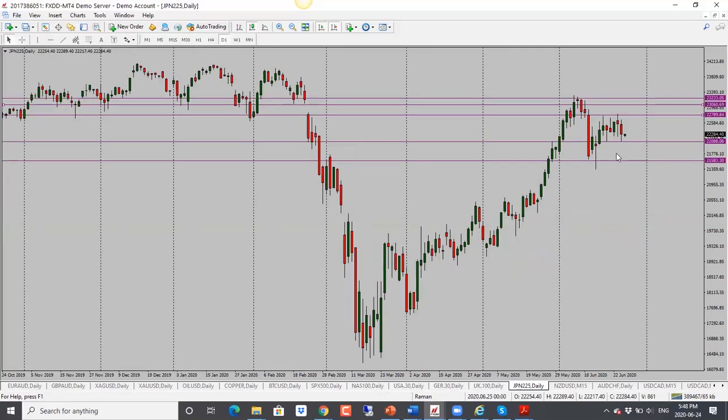And looking at our Nikkei here, Nikkei is still in the range. We do have a bearish candle close, so bias is bearish, but keep in mind, price has been trading in this range and it is not out of the range yet. So in this case, we need to see a drop. I'm looking for price to drop through the support and then continue further. Target here is 21,580. So bearish bias for Nikkei as well.